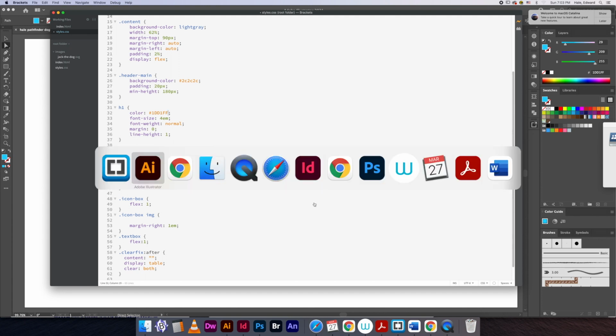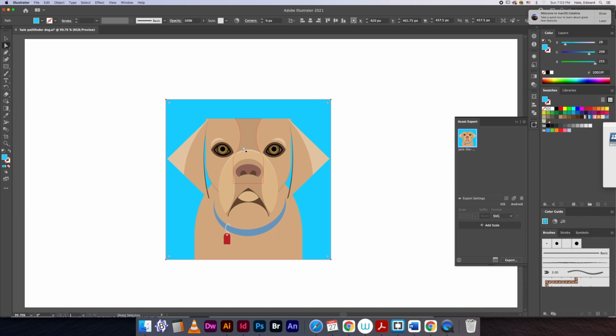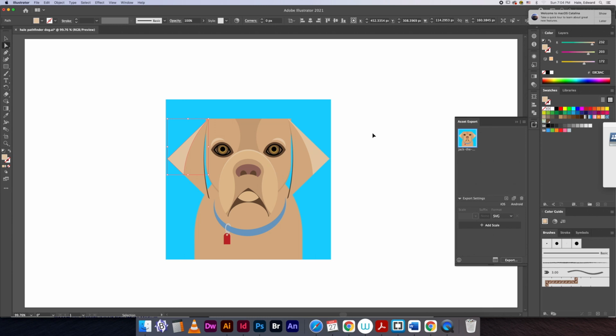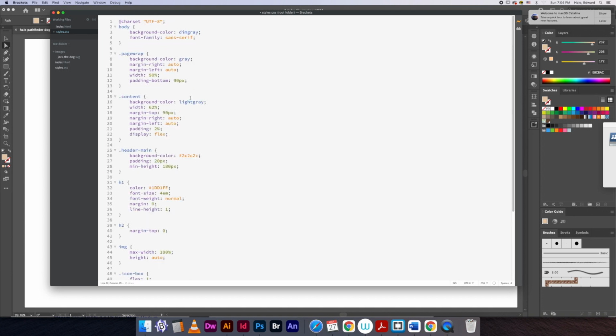So I type that hashtag and I paste that color in there. I think I hit Command S here, and then I switch to the browser, and you'll see that it changed the type color to match the background of my icon for that H1. And then I just sort of thoughtfully did some other colors. I find the hex code for this color, the light color of his ears, and I copy it. And then I go back into Brackets, and I guess that these dot names like dot content, that's a box. I change the background color of that box to this hex code, and then I go back into the browser, and it's